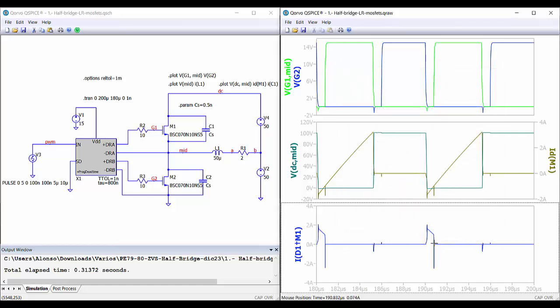This corresponds to the current going through the body diode of M1. So we can see, as we have talked before, how the current corresponds to this interval in which the transistor M1 is still not activated. So the current in this small interval goes through the body diode. This corresponds to this part here. And then when the switch is turned off, the rest of the negative current goes through the channel of the